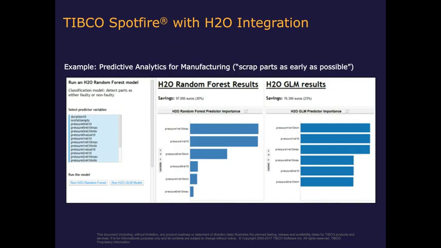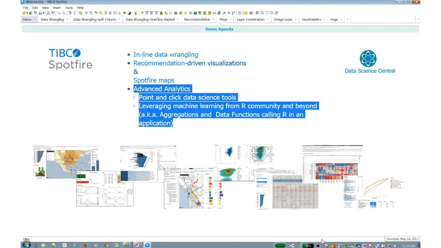Now, our integration with data science environments is not limited to R. As I said, this opens up connections to many machine learning and deep learning environments. So that, for example, you could leverage a big data environment such as H2O to build your predictive models. And I'm going to hand it back off to Hector now to illustrate some of these data science components. And as Hector does that, as I mentioned, H2O is a big data environment, and so we can leverage that directly within Spotfire. And off to you, Hector.